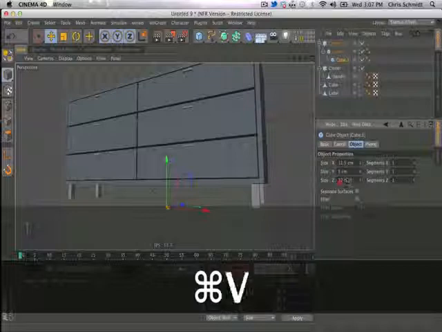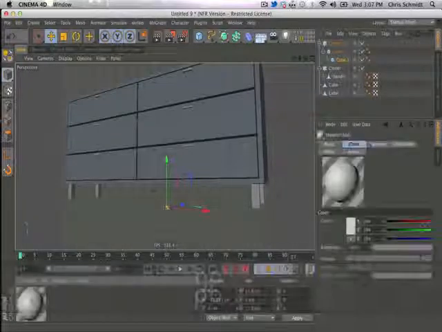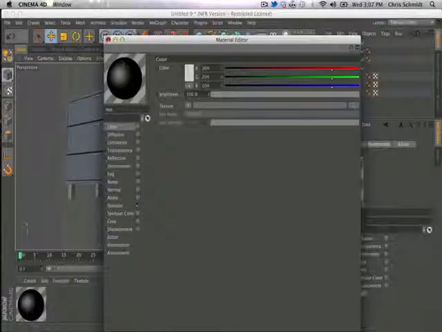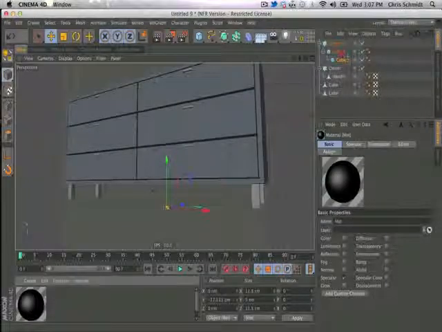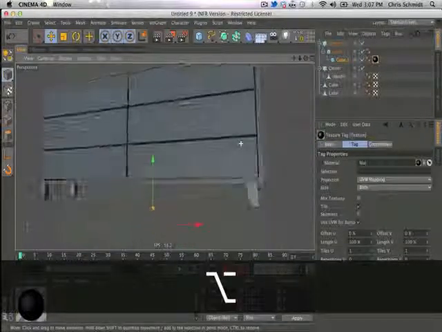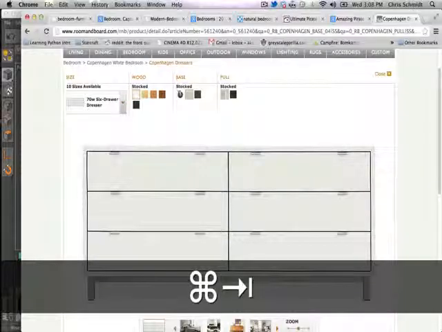I'm going to copy and paste that because it's faster than typing it. And then just to differentiate, I'm going to make a texture real quick, and that'll be black, and I'll drop that on the little foot there. All right, cool. So there's those feet, and now all we need is this brace bar,